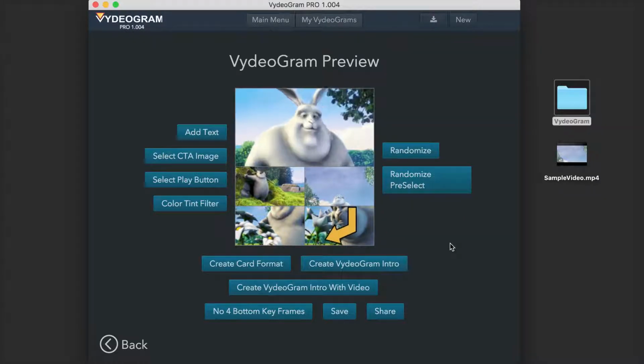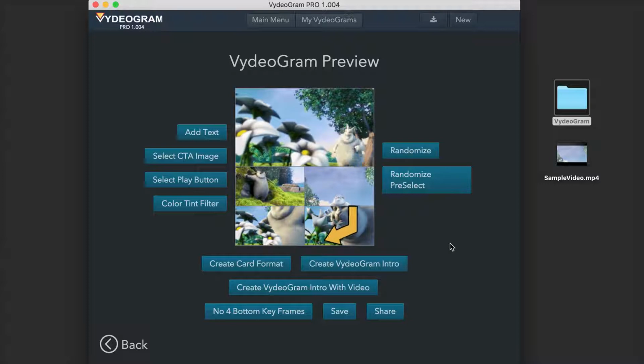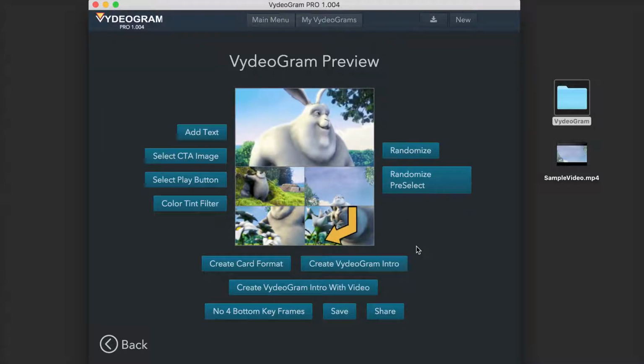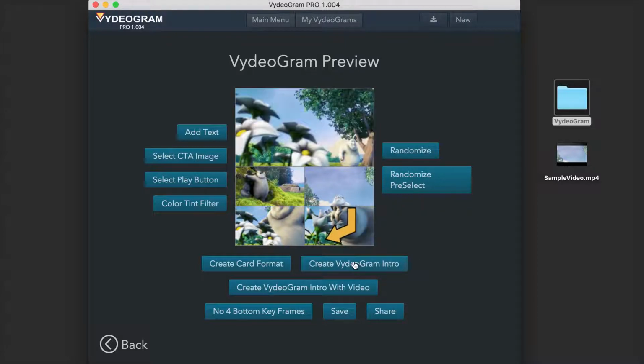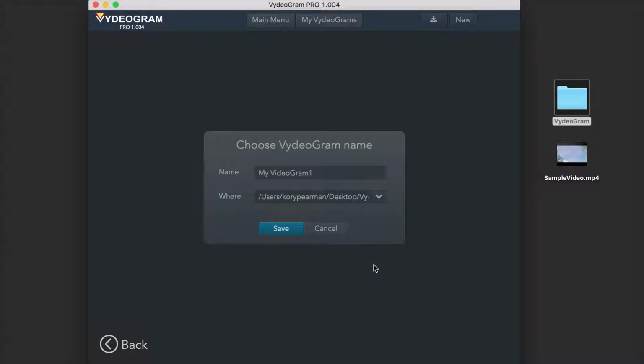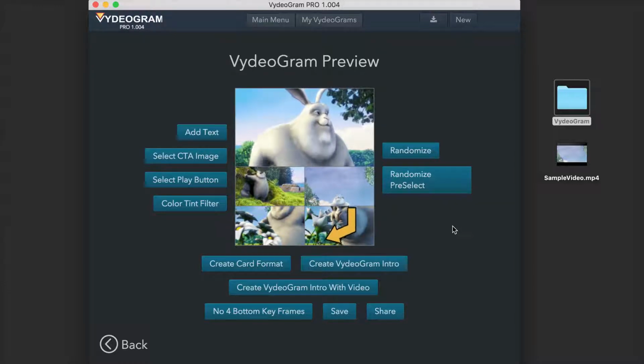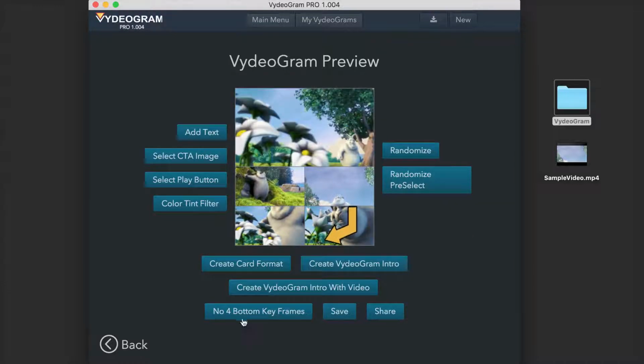The next standard feature that we have is the ability to export our VideoGram into MP4 format. And the way that we do that is we click on Create VideoGram Intro, this button here, and doing that will allow us to save this in video format. I'm going to go ahead and jump back here, and the last feature that we have is this button here